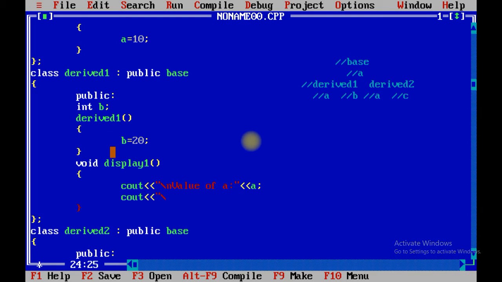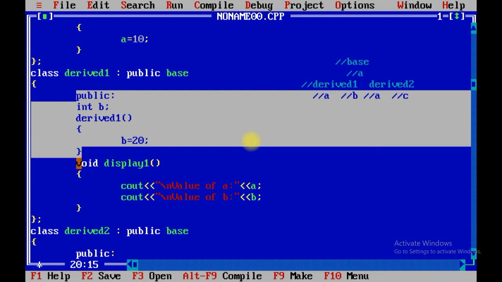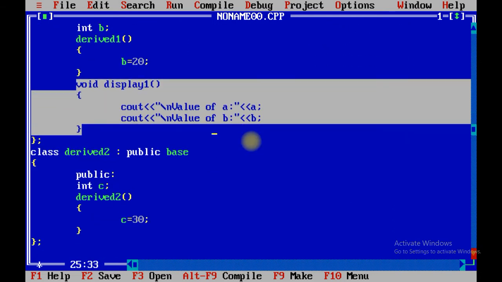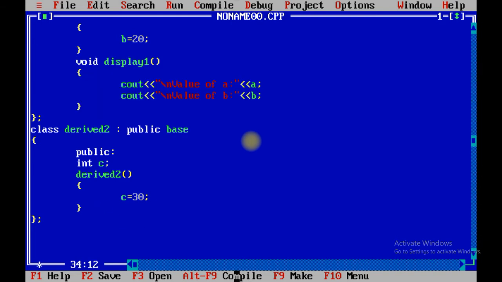Similarly, what is the value of b? b is the variable which is part of derived 1 class, so that can be printed over here. Similarly, inside derived 2, I create a void display 2 function. This is a simple logic which you need to apply. Cout, again going to print the value of the parent class, that is the value of a.